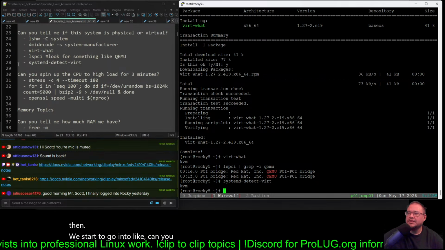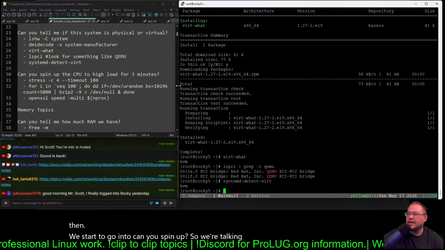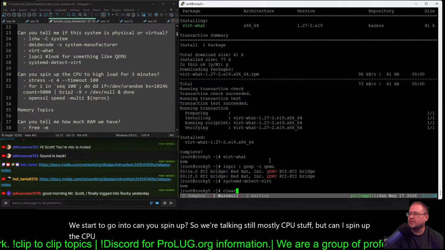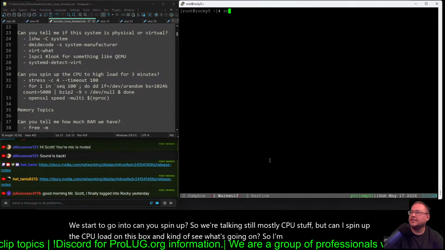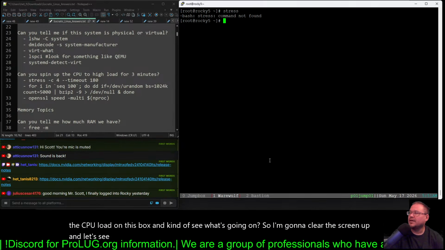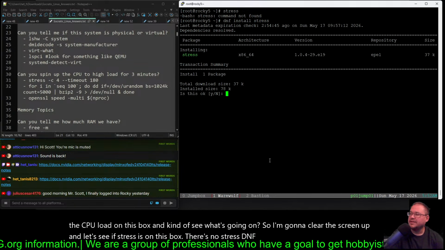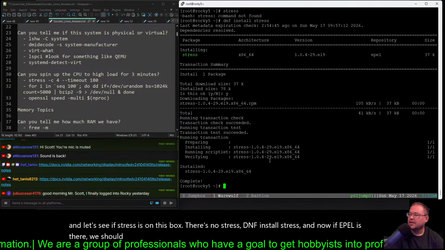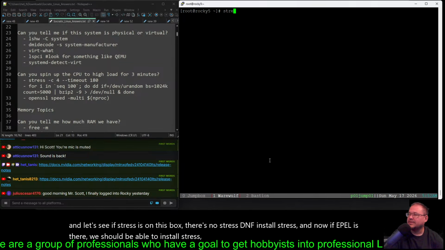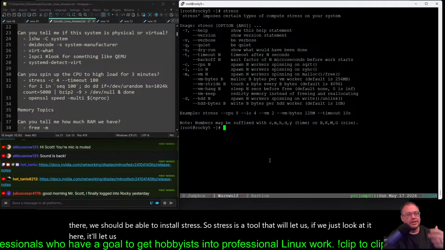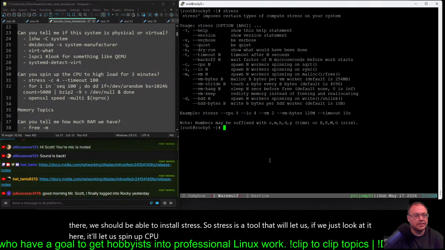So there's that, right? And then we start to go into, can you spin up, so we're talking still mostly CPU stuff, but can I spin up the CPU load on this box and see what's going on? So I'm going to clear the screen up, and let's see if stress is on this box. There's no stress. DNF install stress. And now if EPEL is there, we should be able to install stress. So stress is a tool that will let us, if we just look at it here, spin up CPU, disk, memory usage on the box